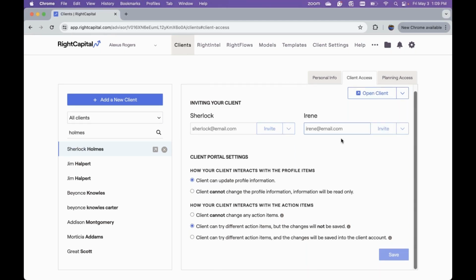One of the key things when it comes to client relationships is the customizability and flexibility to decide how your clients interact with RightCapital. Within the client access tabs and planning access tabs, this is where you can define what the client can view and what they can interact with in RightCapital. It's important to note that as we are highlighting how you can adjust this, you can fully control this and make changes to the selections at any point in time in your relationship with them and when they've been